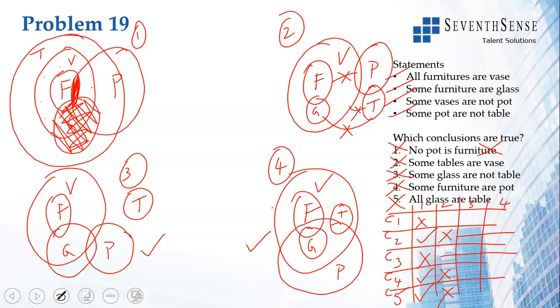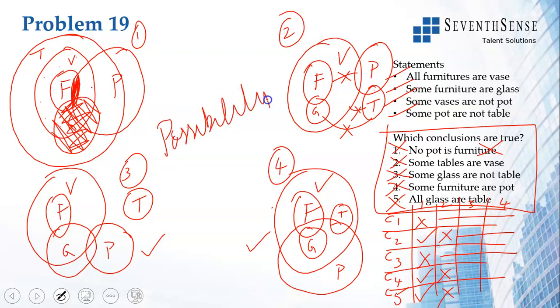So even if you check there, it doesn't help because we've already gotten something not possible by the end of the second diagram. So none of these conclusions are true. Once you get a cross, don't look at anything further. Other than if it has the word possibility or the word maybe, only then you look further because you need one tick. In any other case, whether it is some, all, no or some not, the moment you get a cross, you mark that conclusion as not valid.